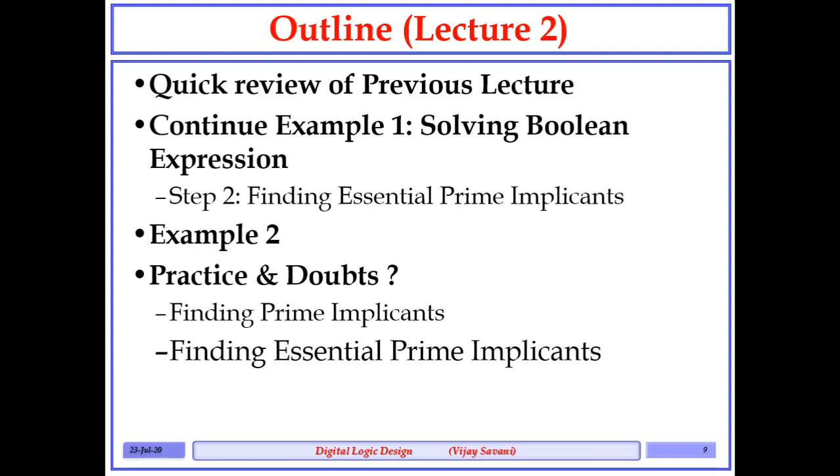We will complete example number 1. Then after that we will start with example number 2, so we will get more hands-on. We will practice these examples, and then if you have any doubts, we will discuss them in the question answer session